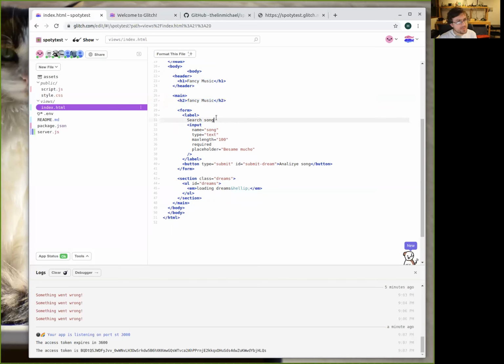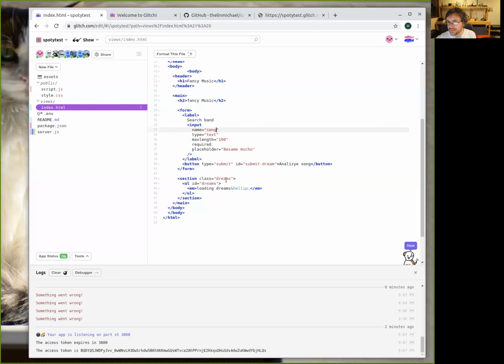And then again, search for a song. Actually, are we searching for a song or a band? This is a good point. No, search for a band. I'm searching for a band. And then analyze a song.